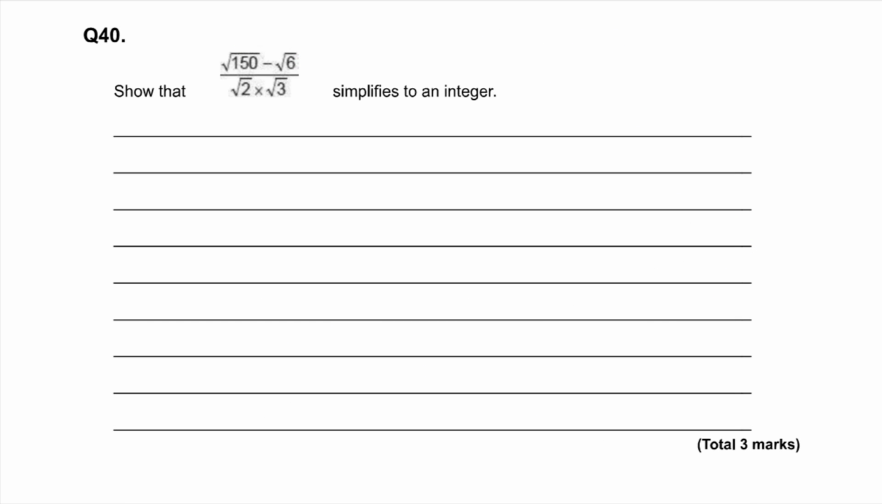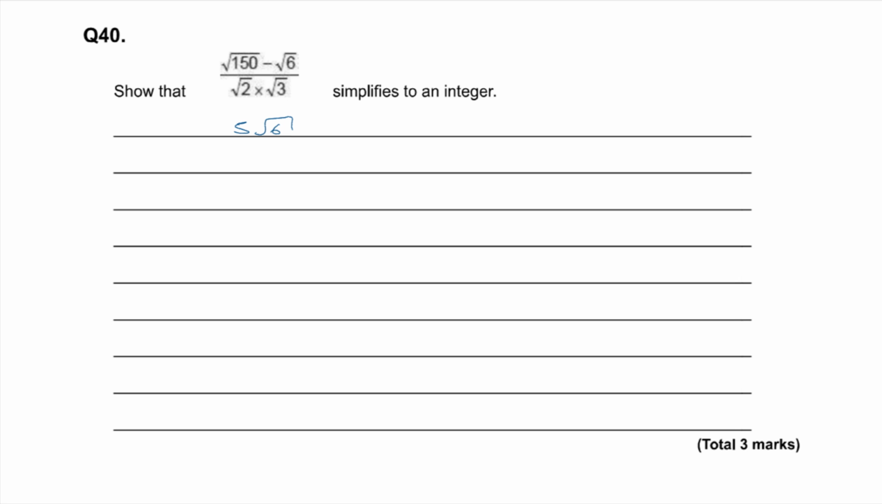Question 40, root 150 minus root 6 over root 2 times root 3 simplifies to an integer. Does it? Let's find out. Well, again, looking for square factors, I'm seeing 150 and I'm thinking 25 is a nice square factor of 150. 25 times 6 is 150. Okay, and I notice I've got a root 6 in the other part there as well, so that's kind of handy. So root 150 is 25 times 6, so that becomes 5